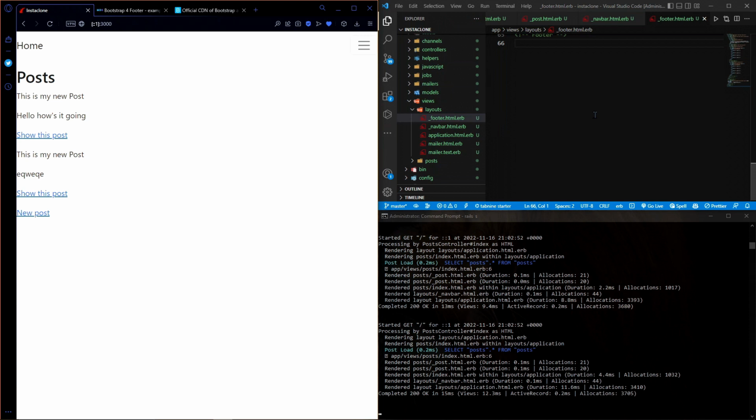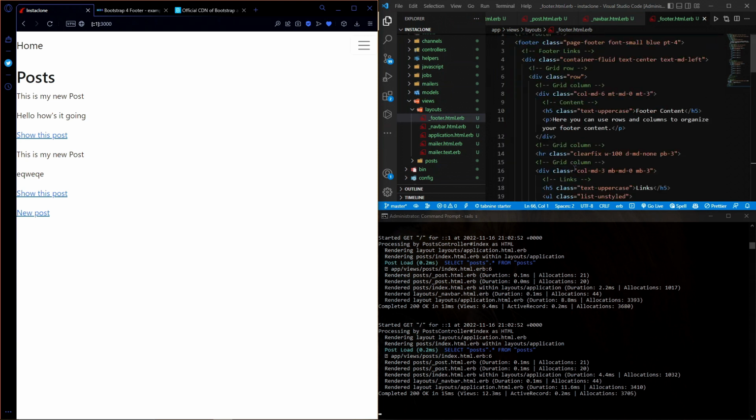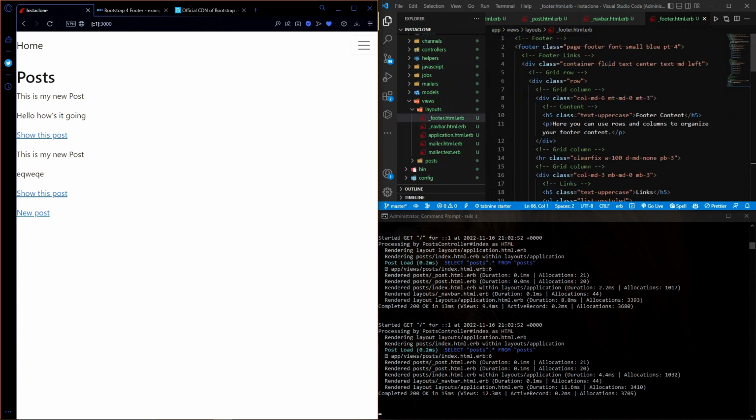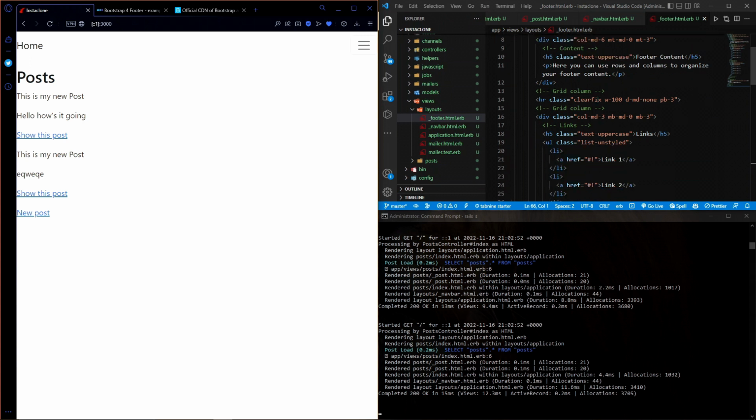And the reason why is because, again, we haven't referenced it. Just so you know, in a real application you wouldn't be using code like this. You would generally build the footer from scratch. However, this isn't a tutorial about HTML and CSS, it is about Ruby on Rails, so I'm not going to spend time doing that. So anyway, we need to reference the footer in our application.html.erb, and the way we do that